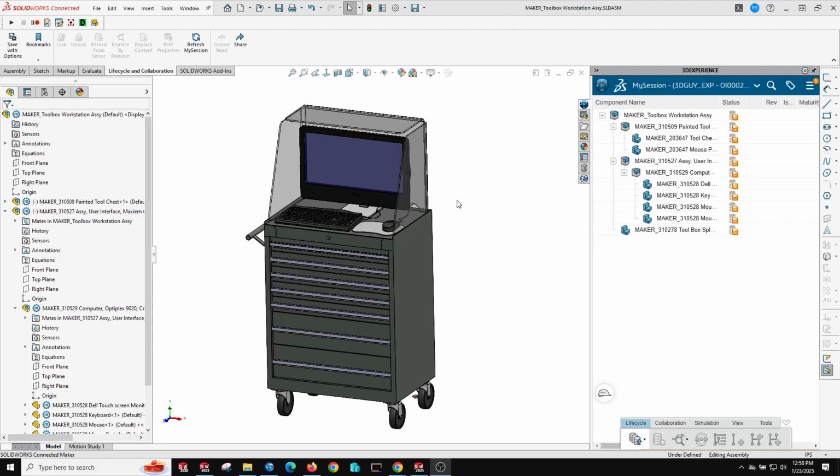This first workflow is designed to show you how to take an assembly that you've created in the Maker version of SOLIDWORKS and export it as a step file and then re-import that step file into a commercial license of SOLIDWORKS. Okay, the first thing I'm going to do